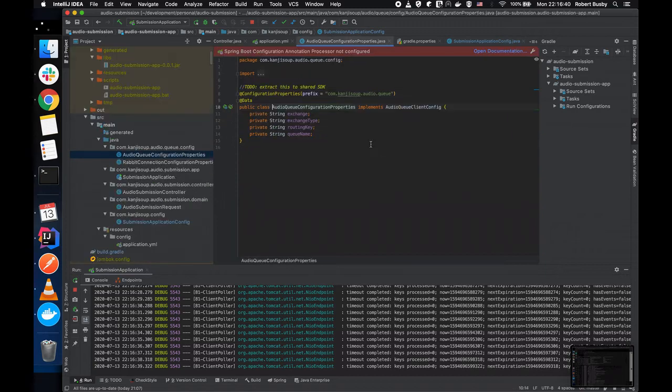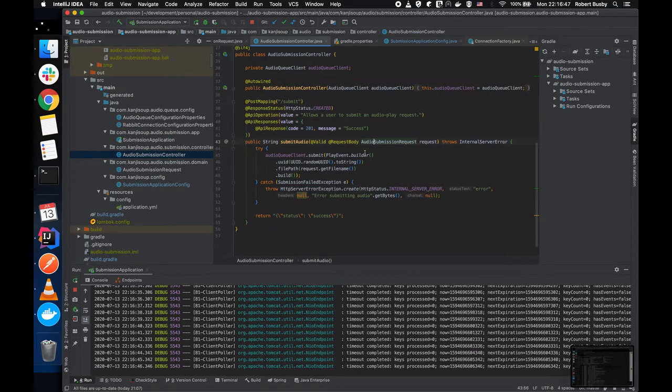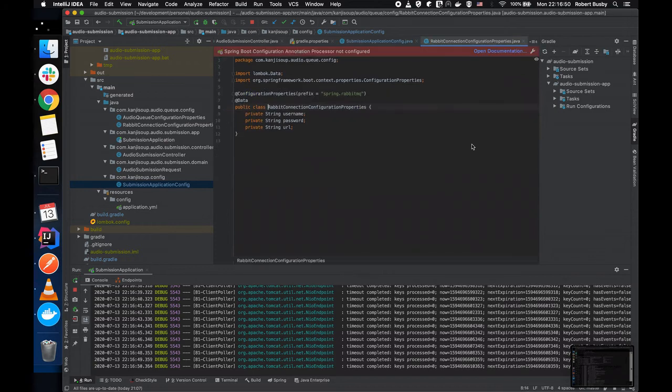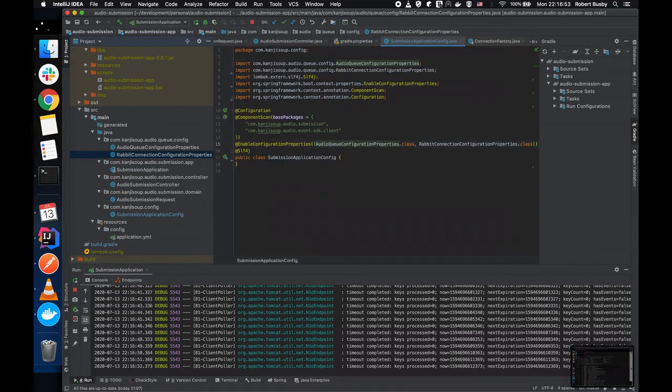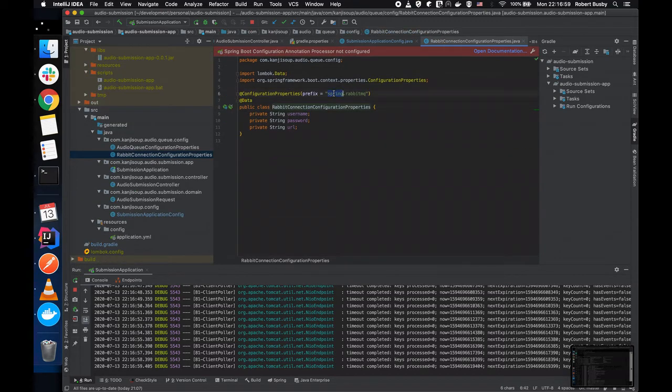It's going to load in configuration properties, and it's also going to load in connection configuration properties. Actually, it doesn't need this anymore. We'll ignore that. I had done this for Spring RabbitMQ to use the same set of Spring RabbitMQ properties